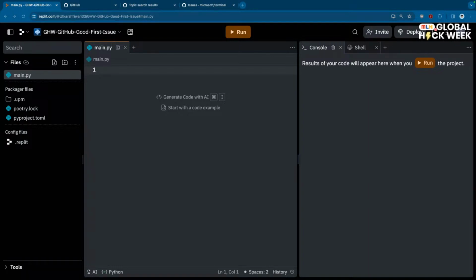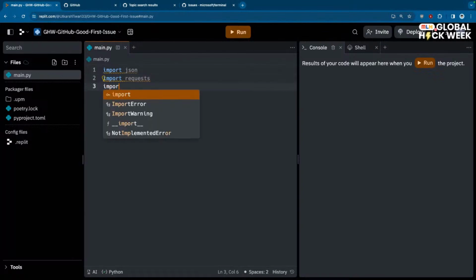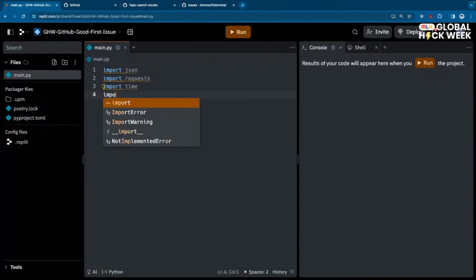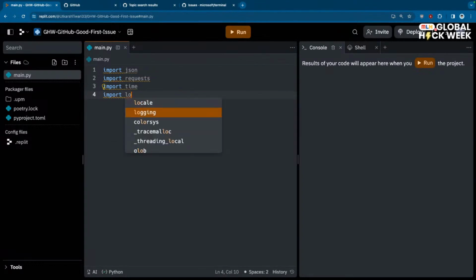Okay, perfect. Let's move on. So let's import a few things. Now I know this project is going to need JSON, because we are going to download some data which would be in JSON format. It is going to need requests. It is going to need the time library. It is also going to need the logging library, because I'm going to show you how we can do some basic logging. And we are also going